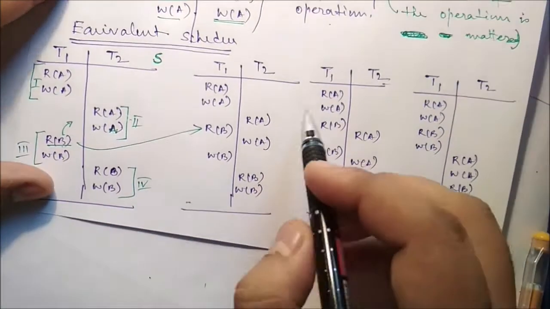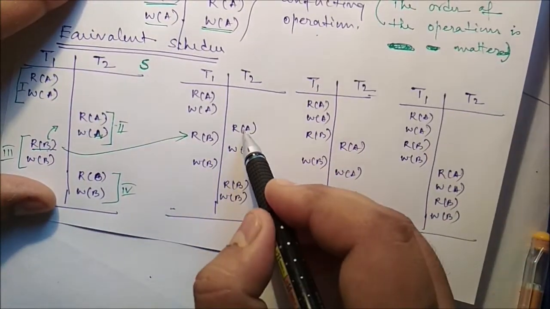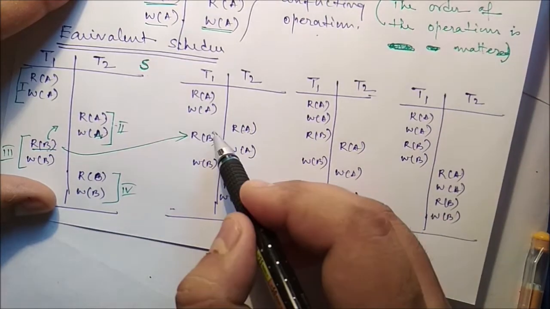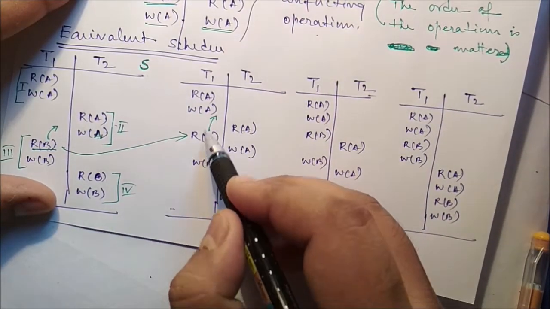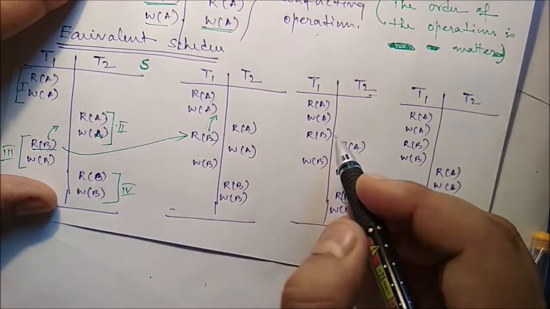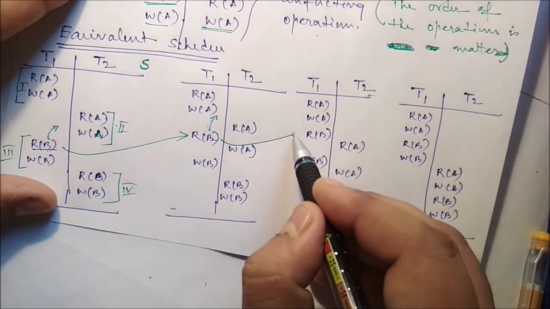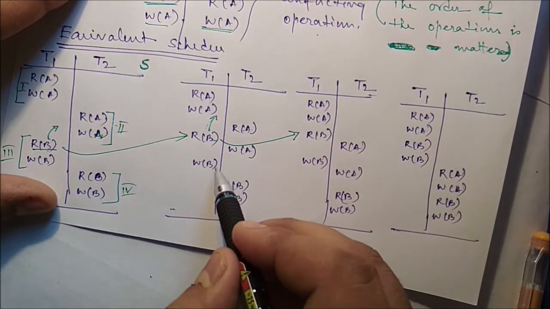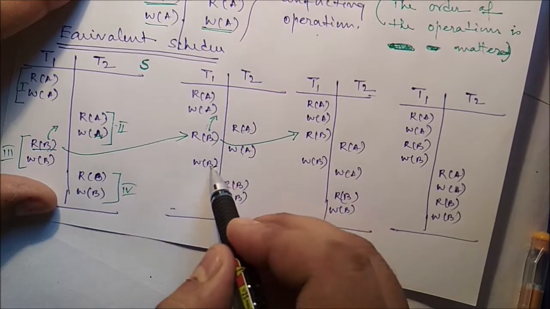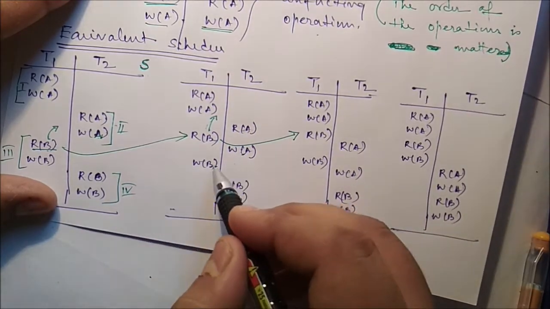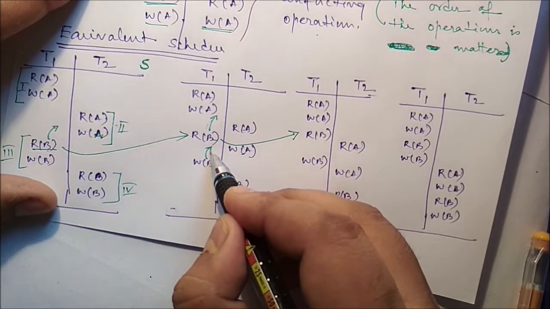Okay. After that we can see these two working on different variables. That means we can swap them and move upward. So if we swap it, this RB is this one, and now you can see both are working on different variables, B and A. That means we can swap it, we can move upward.